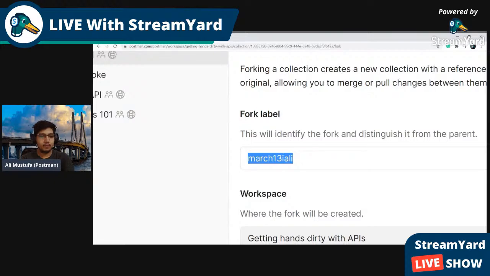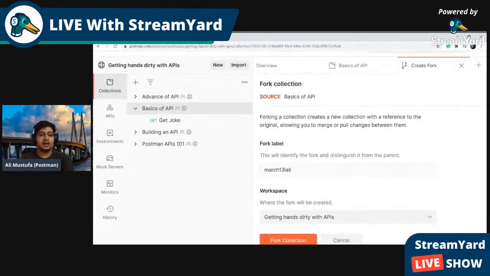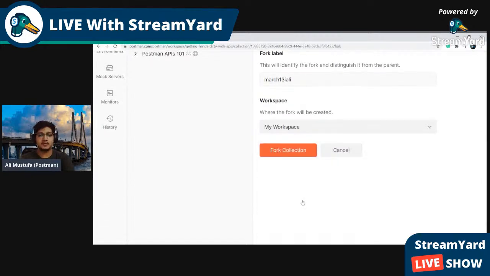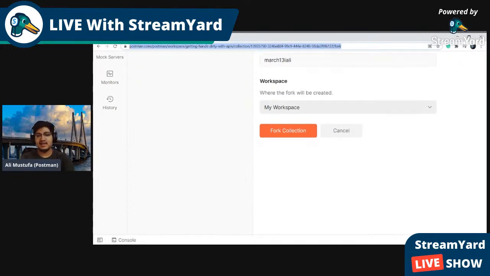Once I do that, make sure you select the workspace as my workspace, which is basically your public workspace. Once you do that, it should be visible like this and click on fork. Cool. Please do that and tell me if you were able to successfully do it.